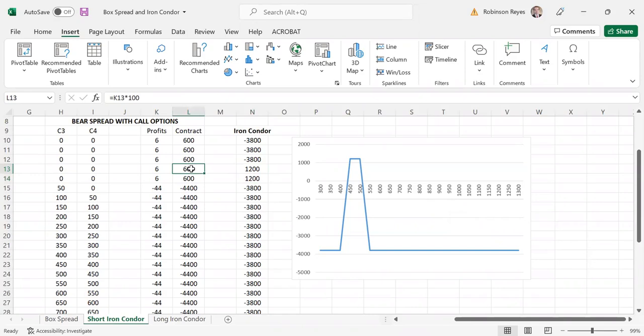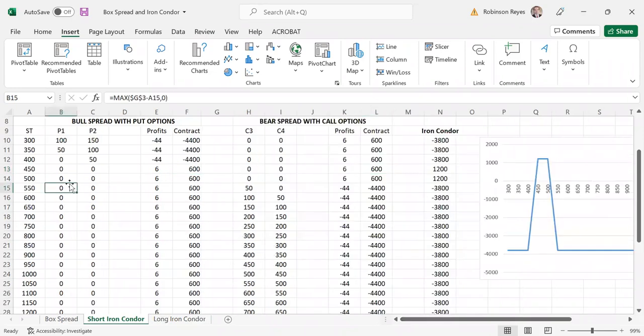So there we go. We are pretty much set. And then in the next video, I will stop this video here, and in the next video I'll just repeat the same, but we will go over an iron condor when we take a long position, or in other words, we're buying the iron condor, and we will see how the shape of the iron condor is different. The important distinction between the short iron condor, or a net short position on this iron condor, and a long position, net long position from an iron condor, is precisely that in one, which is this one, we start